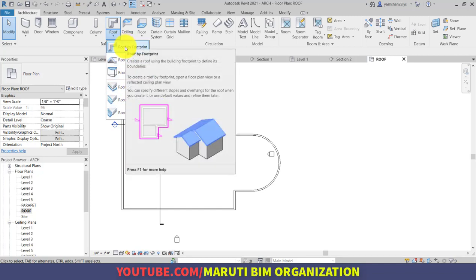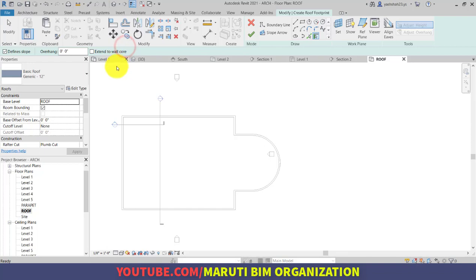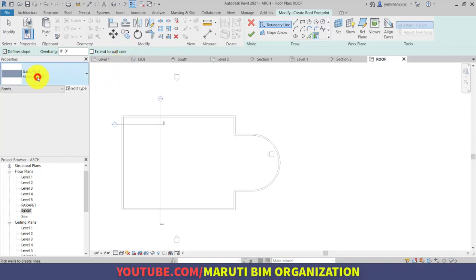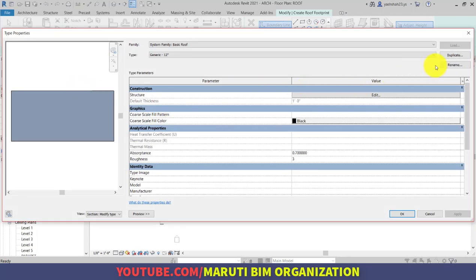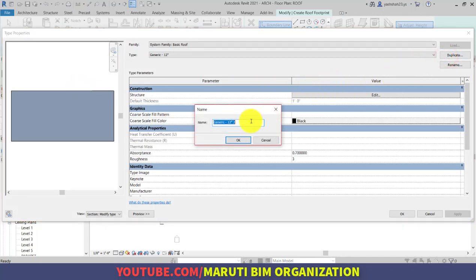So first of all, we will click on roof by footprint. By default, generic 12-inch roof is there, but we will go to the edit type, duplicate, and create a new roof type, that is tapered insulation roof system.